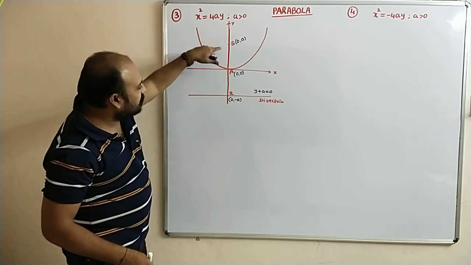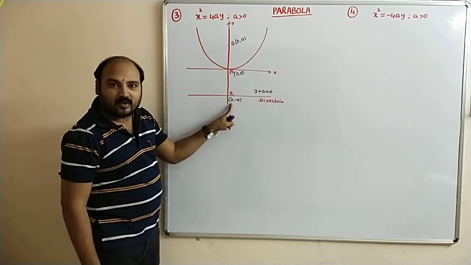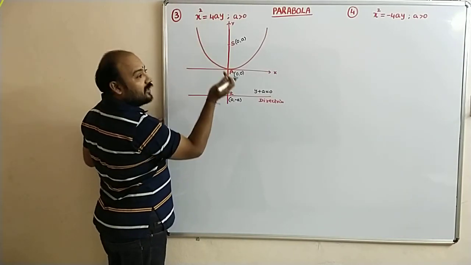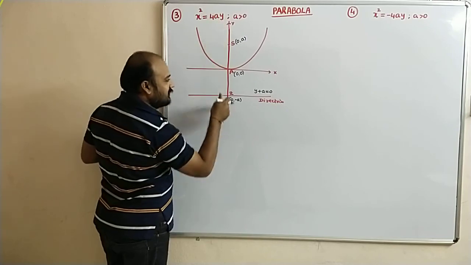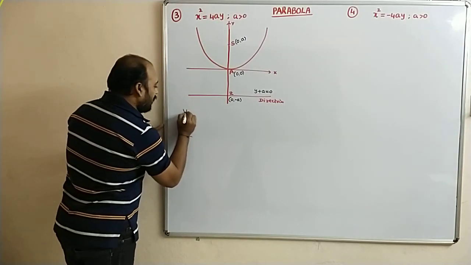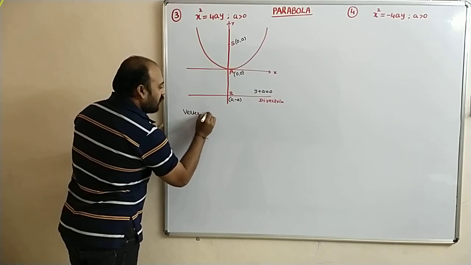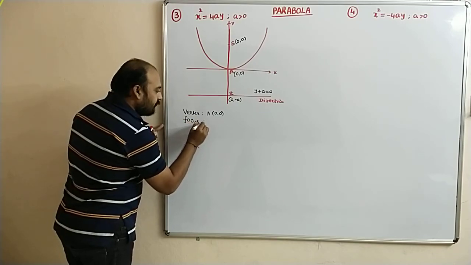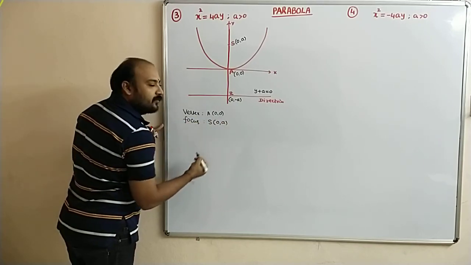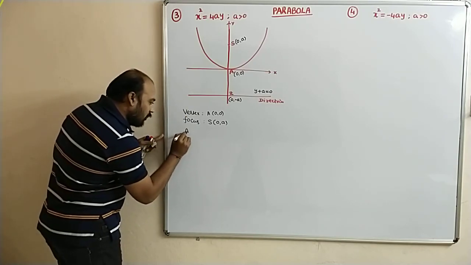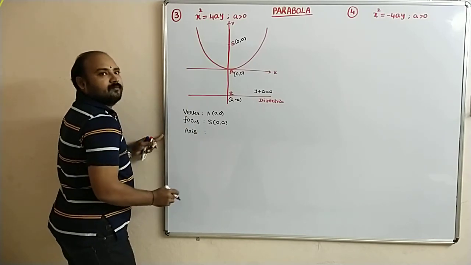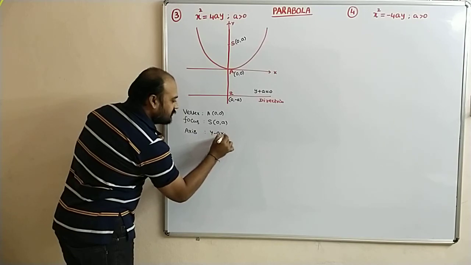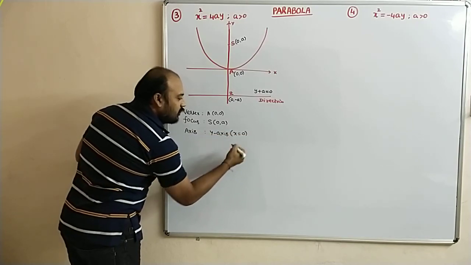Observe in all the points S, A and Z, at which point is 0? Here which coordinate is 0? The x coordinate is 0. So the axis of the parabola x square equal to 4ay is x is equal to 0. That means the y-axis. One by one we will write it. Vertex A of 0, 0 and focus S of 0, a and axis of the parabola. Axis of the parabola means x is equal to 0. That is the y-axis. First you write y-axis, in brackets x is equal to 0.